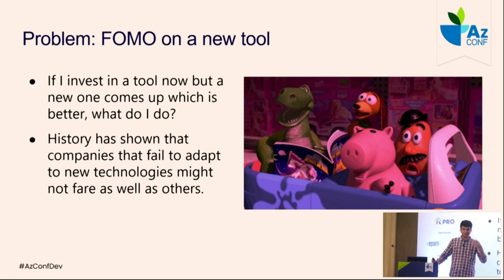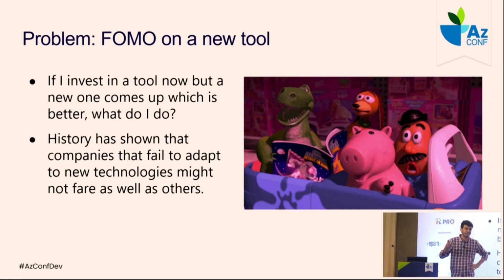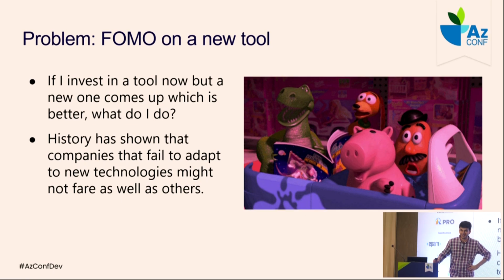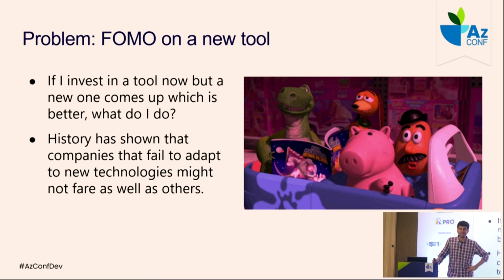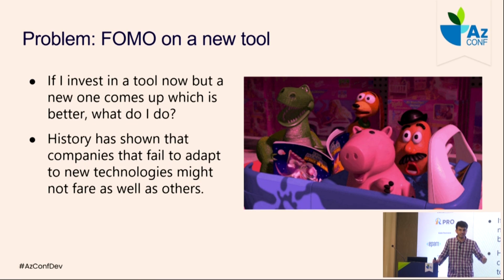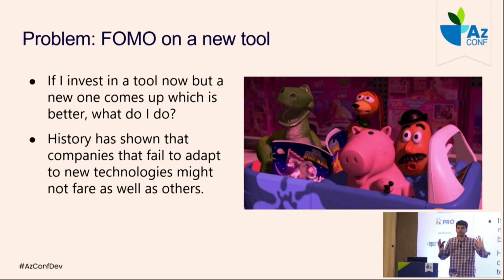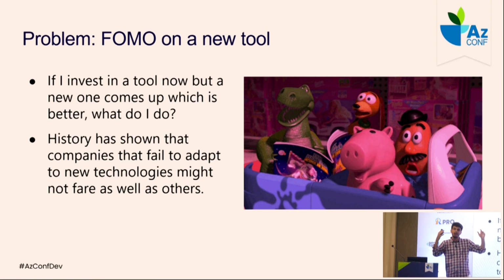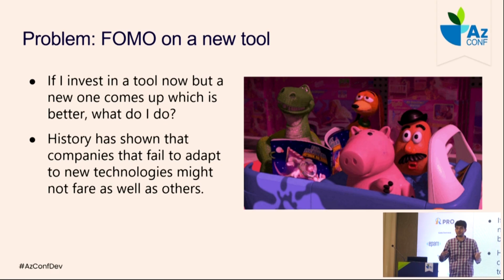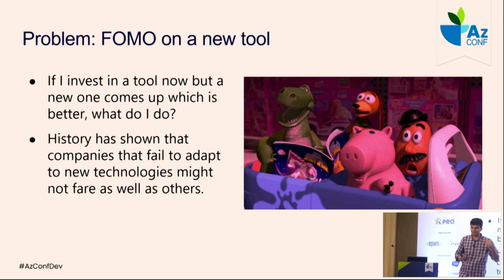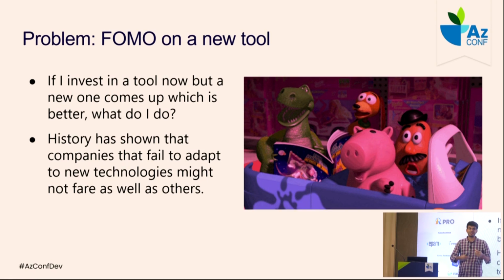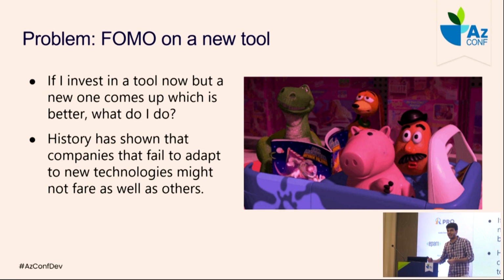Because there are stories around, say for example, Nokia didn't take up Android, and they failed. So a lot of people have that conception that, okay, I am with MLflow right now, it's a legacy software with me. Some new tool comes up like Weights and Biases, and now I'm not going to switch because my entire workflow is tied to MLflow, right? So they're not trying to switch, but ultimately there's something in the background which says that, okay, maybe some other competitor might use Weights and Biases and have an edge on me, right?